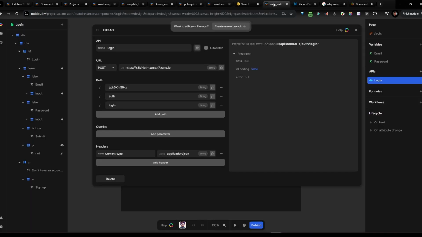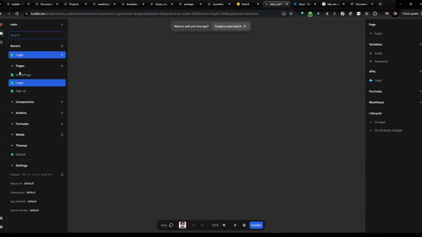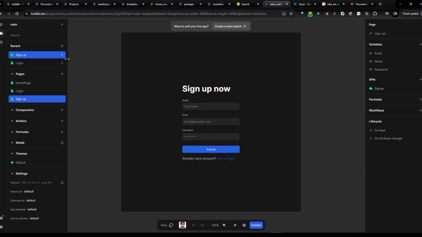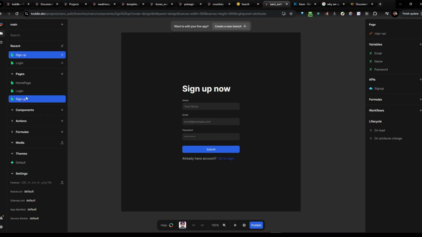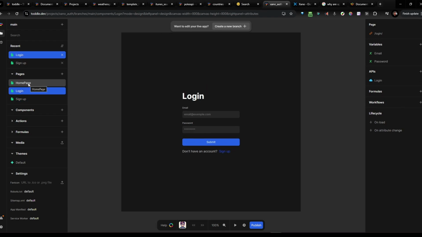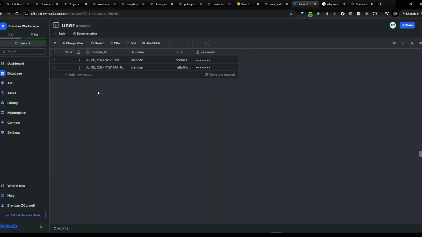If I go back here, we've got a sign up page. So you can sign up to create an account, and then you have a login page to log in. I didn't make a forget password. Maybe I did. Oh, I guess I didn't. But the idea is that you need to allow people to sign up, and that passes all their information privately via the key into the Xano database, and then they're able to be a user in the system. This is how SaaS applications are built with logins and